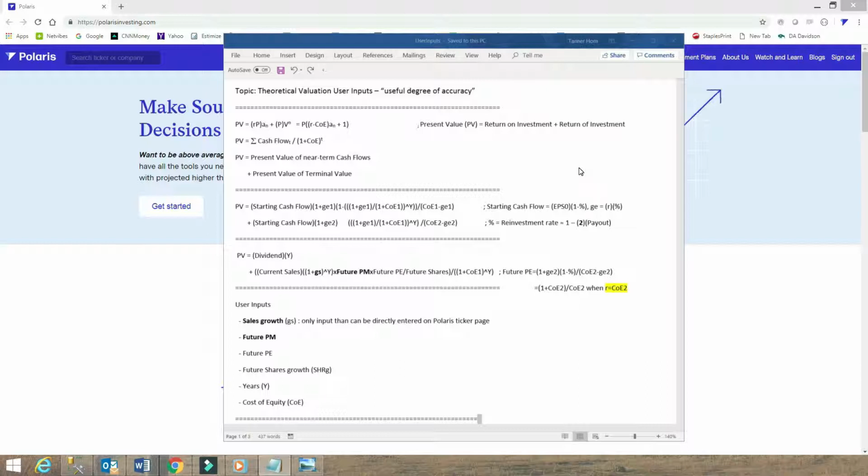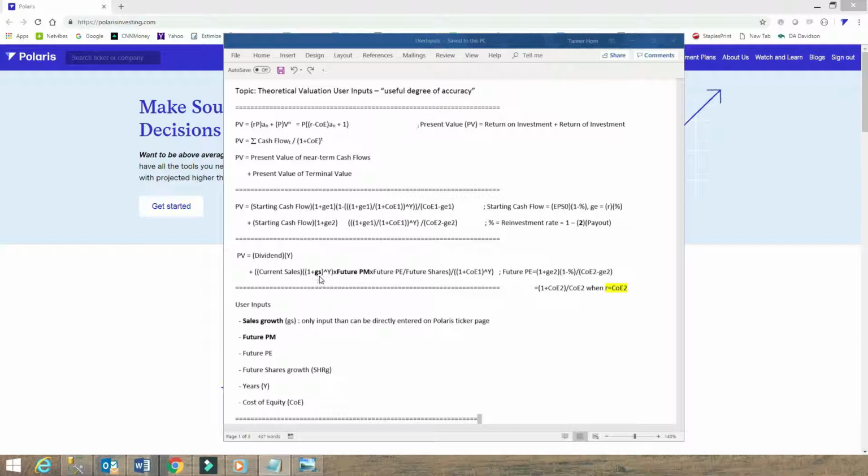Well, now that we've reviewed the inputs used by the valuation formula, let's briefly discuss the formula itself. If you recall, in general, any valuation formula is the present value of near-term cash flows plus the present value of what's called the terminal value. So what Polaris does is it takes the current dividend, multiplies it by 5, which is the number of years making up the near-term cash flows, and then adds to that the terminal value, which consists of the current